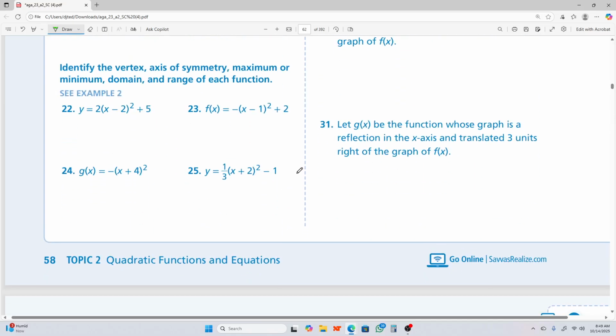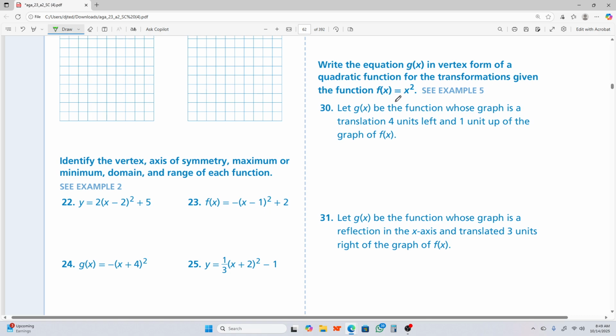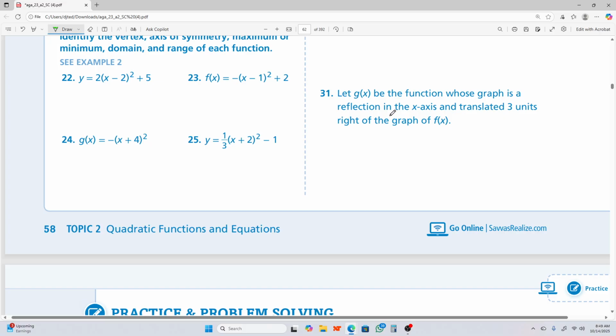I asked you to answer question number 31. Let g of x be the function whose graph is a reflection in the x-axis and translated 3 units right of the graph of f of x. So your f of x is x squared. So we take our parent function and let's see, so g of x equals,